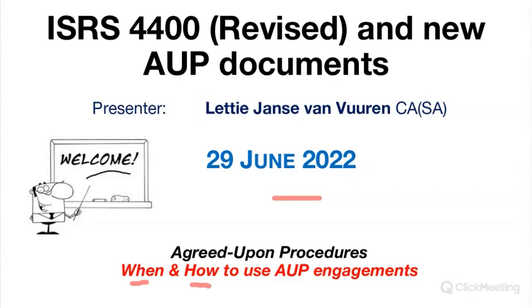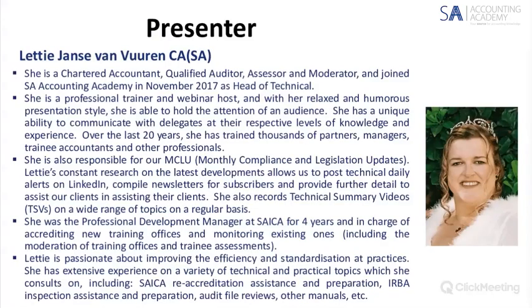The revised ISRS was effective for engagements that start on or after the 1st of Jan 2022. And it has affected all the reports for some of the industries that have been published of late. There's 5 or 6 industries that they've done just now in March, April, and May. So I have also included those for you. Right. So that's our webinar. Let's get started.